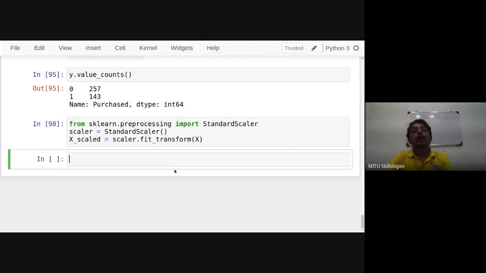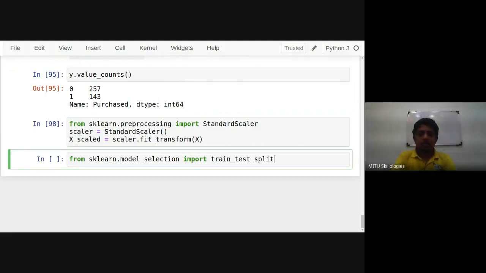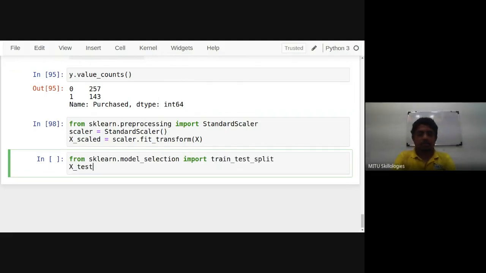After that we are going to split the data using train test split, for validation. X train, X test, Y train, Y test with train test split.